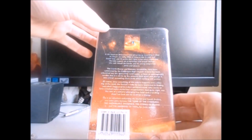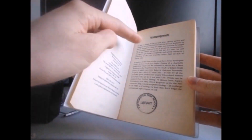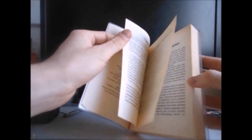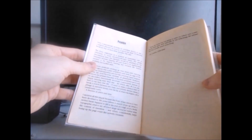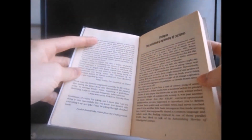You lucky people. And for the interior of this Doctor Who book, we have ex-library guff here, a library stamp and whatnot. So yes, this is a library copy. Various copyright guff there, acknowledgements, a library stamp, and then a preamble by Dave Stone, and just more preamble-y stuff. Then you've got the start of this book here. This is a 280 page long Doctor Who book spread across a prologue, an appendix, an epilogue, as well as